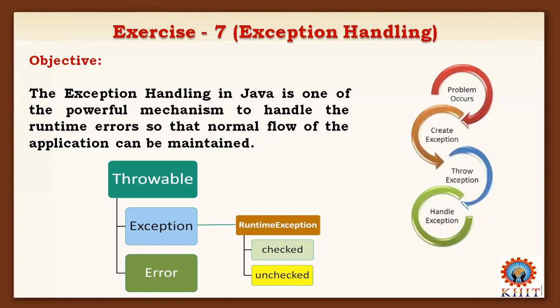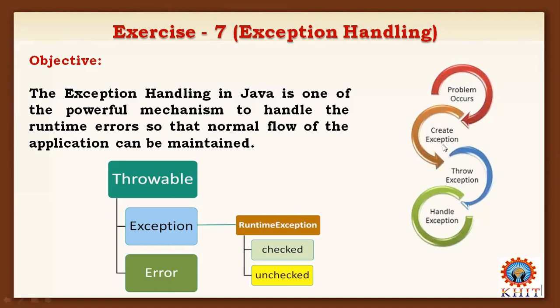When these types of exceptions occur at runtime, the application may be terminated in an abnormal condition. So to overcome the situation, the Java language provides that powerful mechanism to handle exceptions. A problem occurs when we are running or executing an application or a program. When this problem occurs, it means a runtime exception or a runtime error occurs,